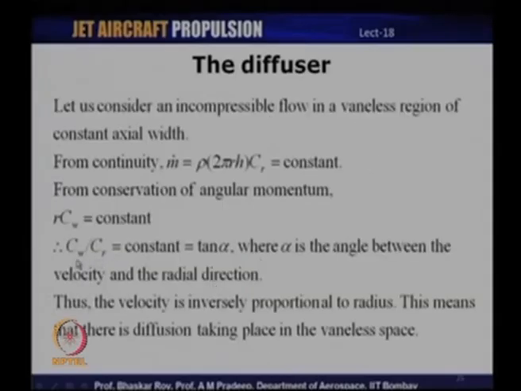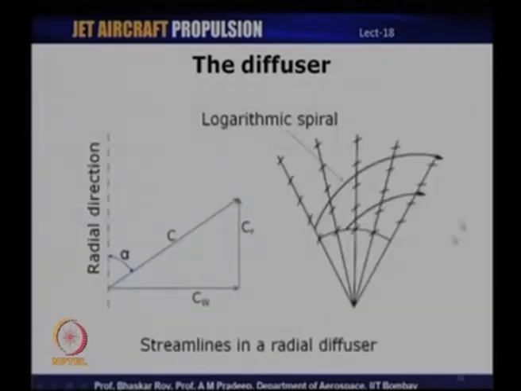And so, tan alpha is Cw, the tangential velocity, divided by Cr, and this means that the velocity is inversely proportional to radius. So, you can see that whether you consider the radial velocity or the tangential velocity, they are both inversely proportional to the radius, which means that as the fluid element moves from a lower radius to a higher radius, which is what happens as, if this is the impeller outlet, the fluid element moves from this location to this, the radius is changing, and as that changes, since